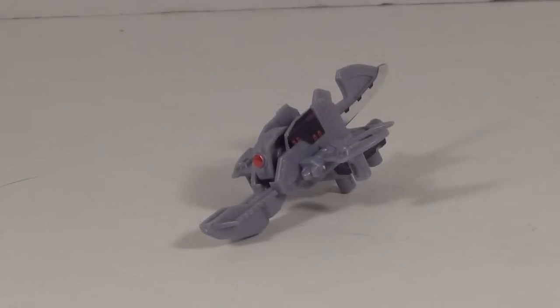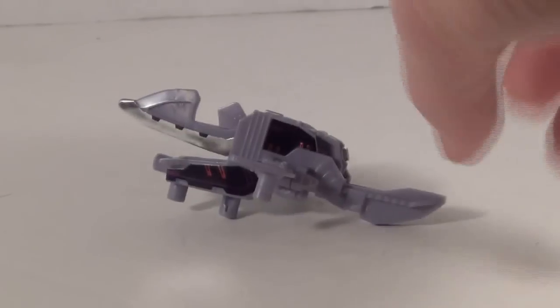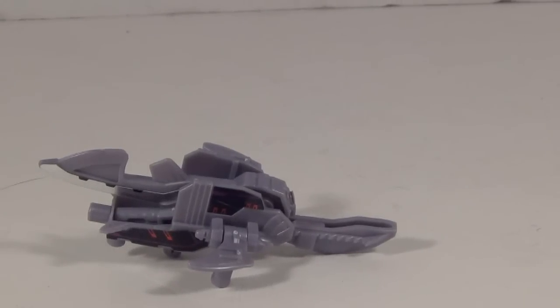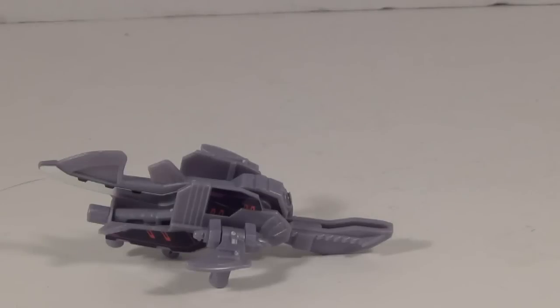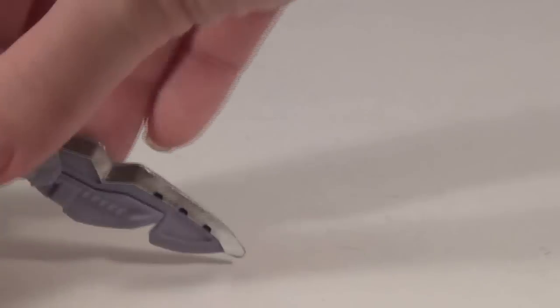Okay, and before we actually get to Nemesis Prime, let's take a quick look at his Micron. I don't know what its name is, but yeah, as you can see, it's a nice little pelican type. At least that's what I think it is. Or some kind of bird. Got the nice red eye and all decals, but the bird mode's not really what's cool about this one. And this one might be one of the cooler ones simply because of the weapon it transforms into, which is